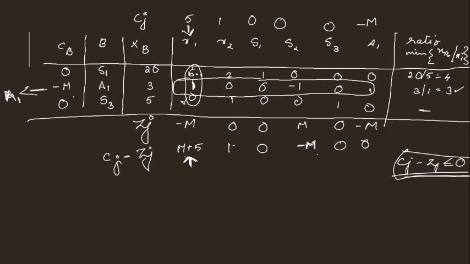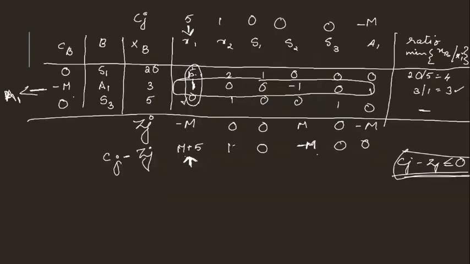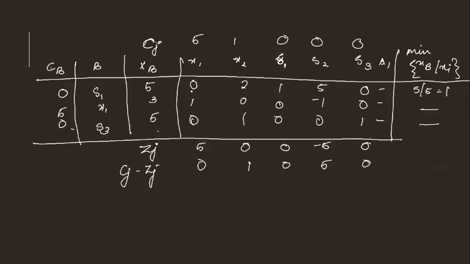Now the only thing that you have to change is regarding the first row. So the element to the top of this key element should be made 0. So accordingly the other elements also should be made 0. By doing a simple calculation, I just made this element 0, and correspondingly you can witness a change in the other elements as well. So please try to do that by yourself, and check whether you are getting this answer.